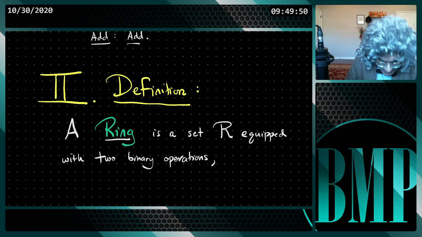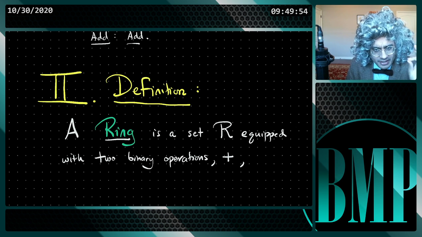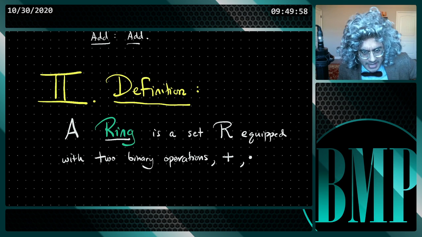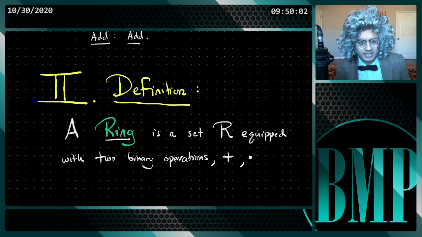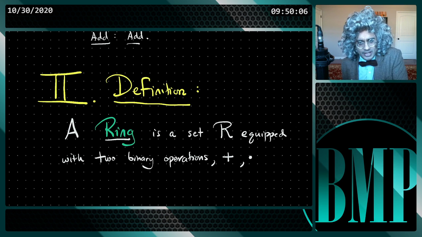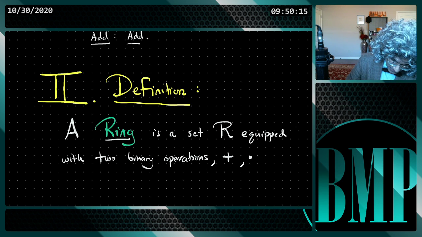The first one denoted plus, and the second one denoted dot. I'm just giving a name for them. Two binary operations. What's a binary operation? It's an operation that takes two elements and outputs another element in the ring, in the set. So a ring is a set R equipped with two binary operations, such that